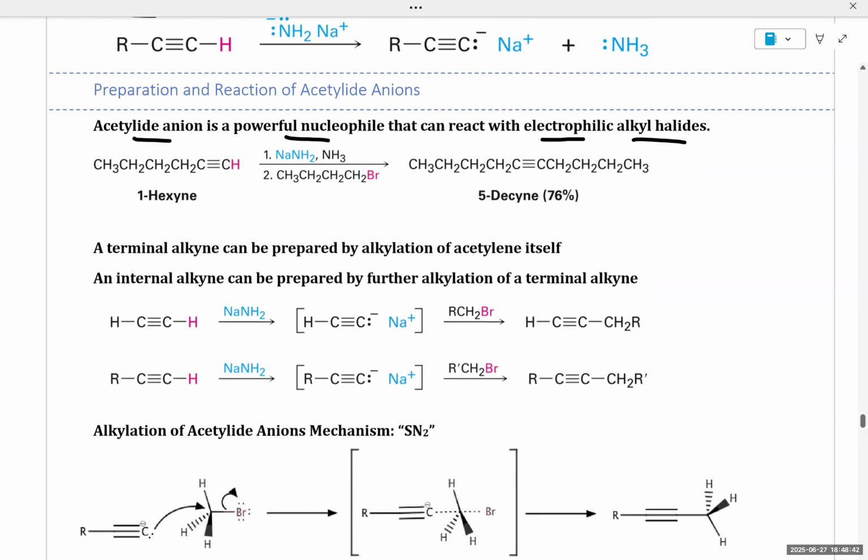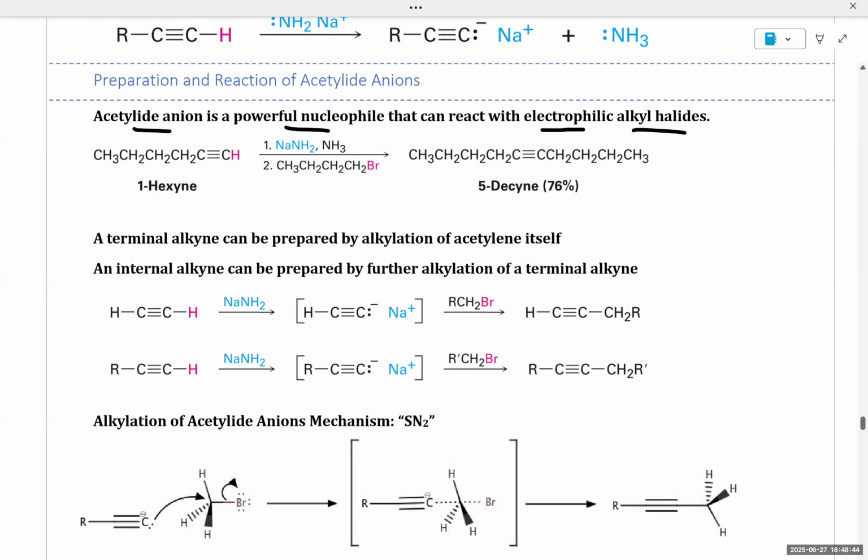For example, we can take 1-hexyne, we can deprotonate it with a strong base such as sodium amide, and generate an acetylide ion,